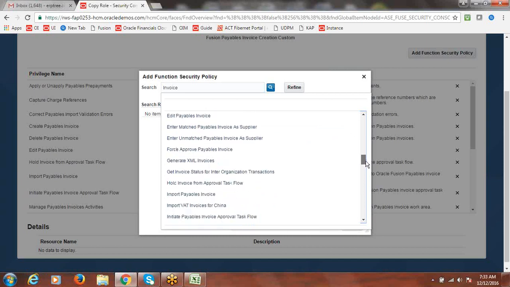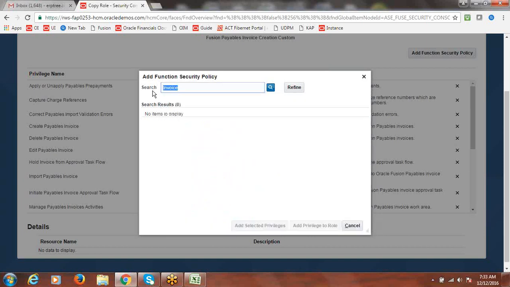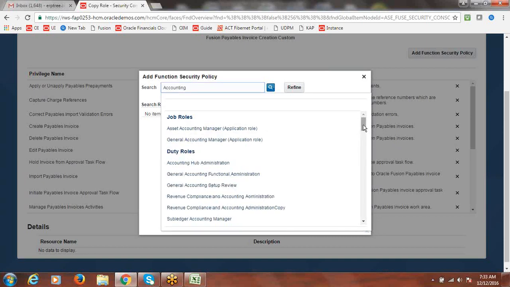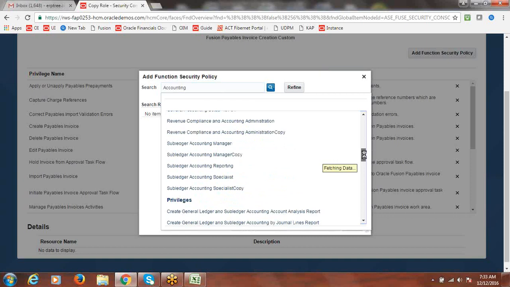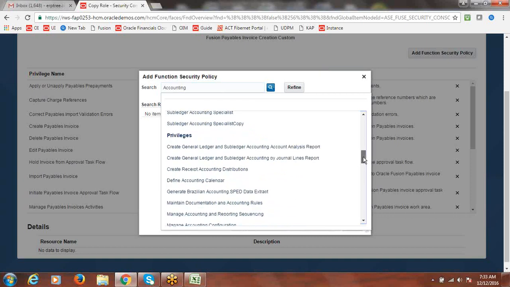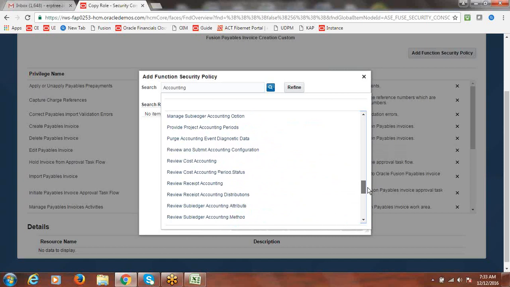So whatever you want to do, you can do here. There are job and duty roles, but we are talking about privileges. Go to privileges. So these are the different privileges.